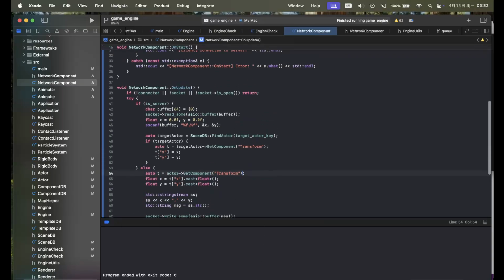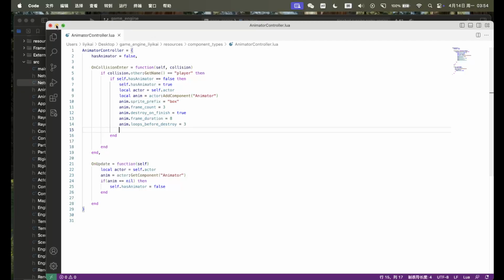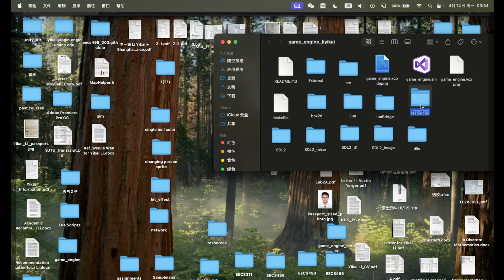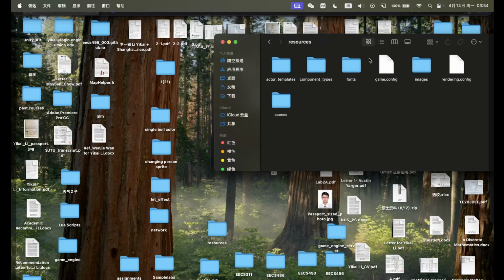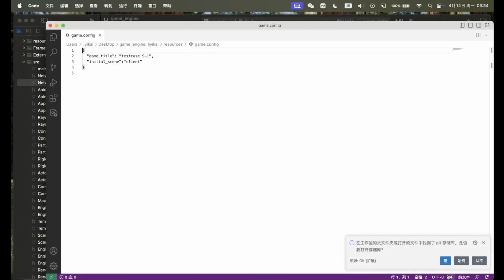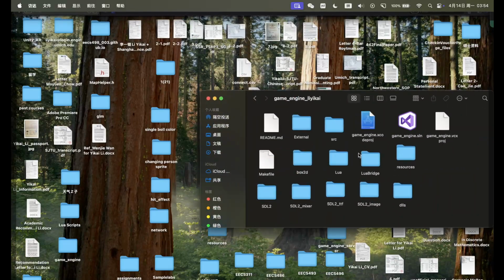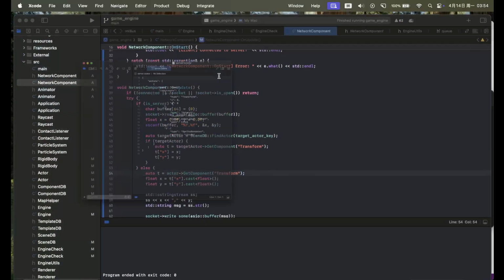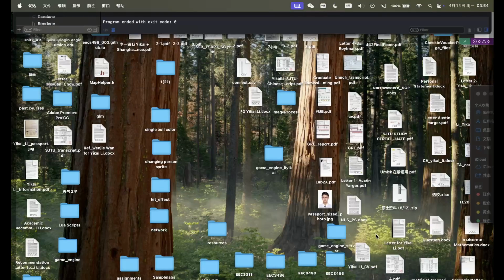So yeah, this is just the early version. I will just make it clear how to use it. This one is not very easy to use. You need to modify the initial scene and run it 2 times. So yeah, the game config is the one you need to modify. And also, you can see here we have 2 scenes. One is called the client and one is called the server. Oh, sorry, I should open it in